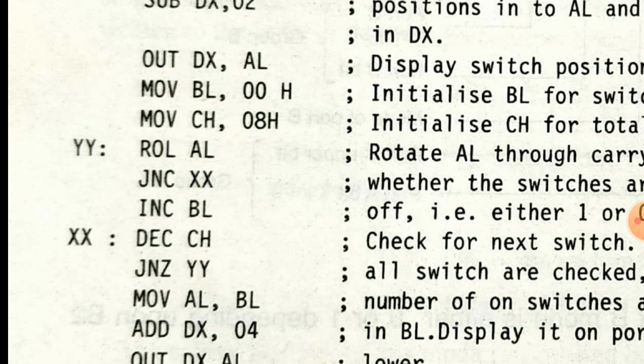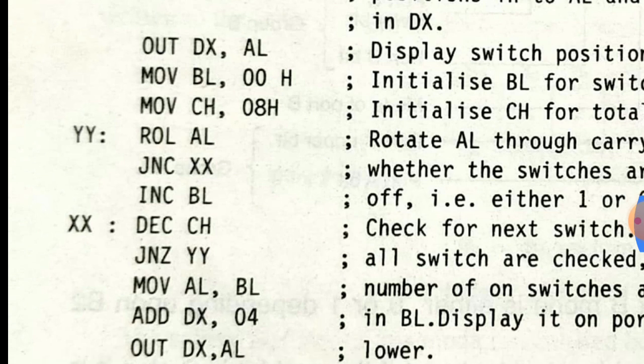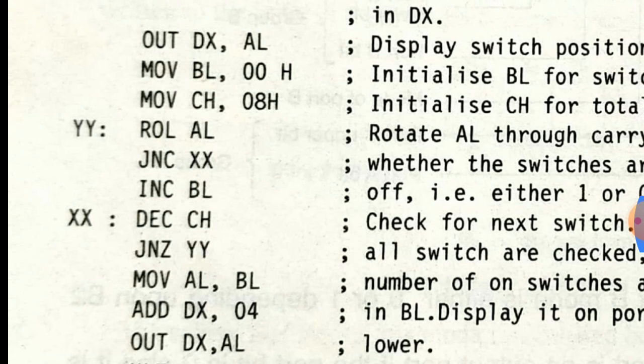When we move the switch status to the left, it moves into the carry bit position. Likewise, we count how many switches are in the on state. For that purpose, we are using the ROL AL instruction here.